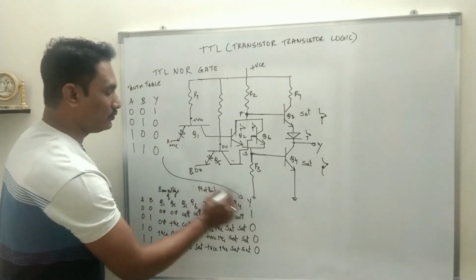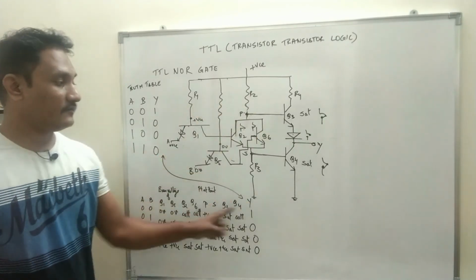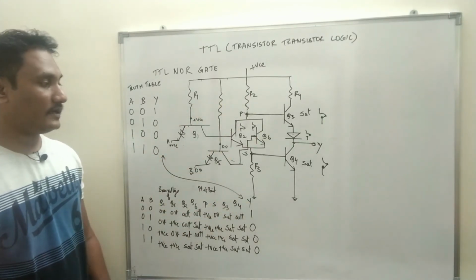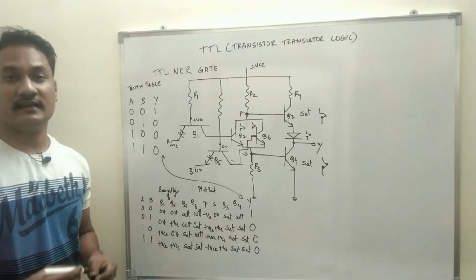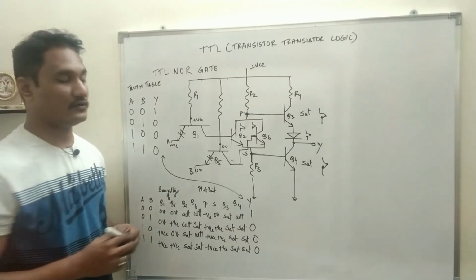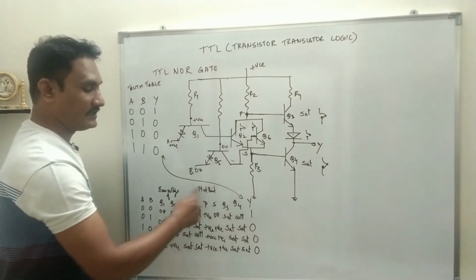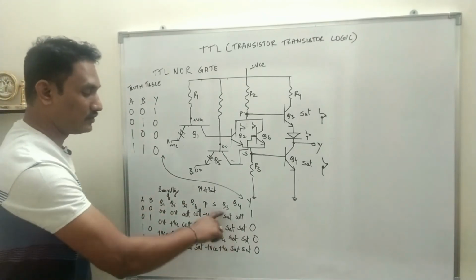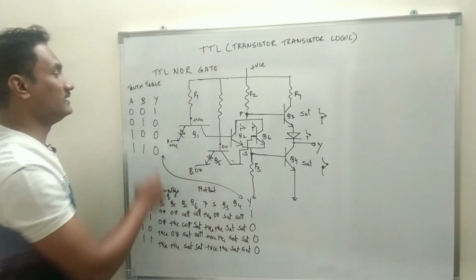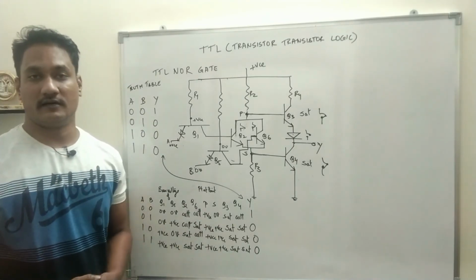Now compare the two truth tables, both are the same. So the circuit which we have drawn and the working of this transistor is similar to what a TTL NOR gate is. So this is how the circuit can be designed. So draw the diagram, write this as an explanation, and then this truth table. Don't write this as a truth table, write this as an explanation, write this as a truth table. So you will get 4 marks for this question.